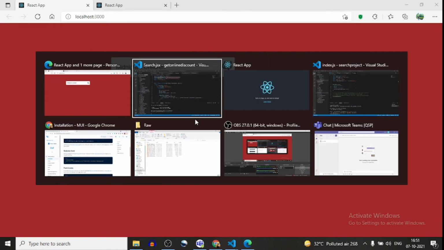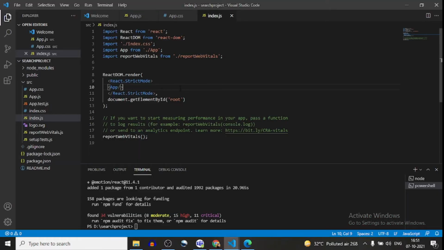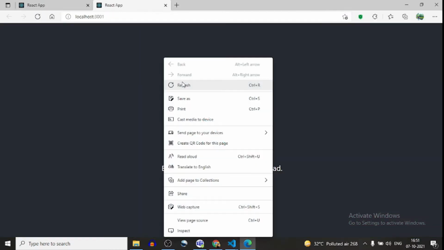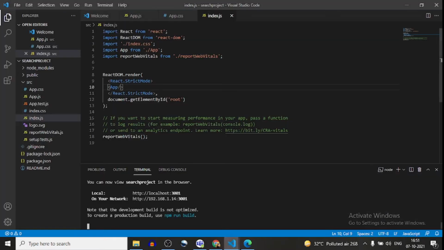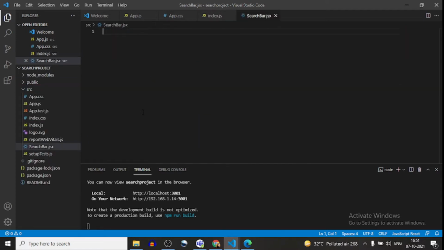Now just move on to our project. In this project I just created a blank project, and I don't have anything in it, so it's running on 3001. Now I will create a component, SearchBar.jsx. In this component, first, what we need to do is go to